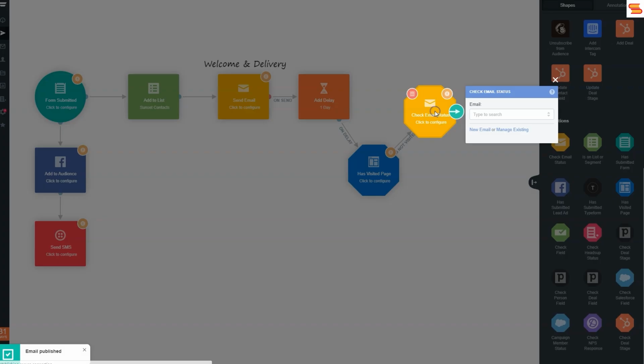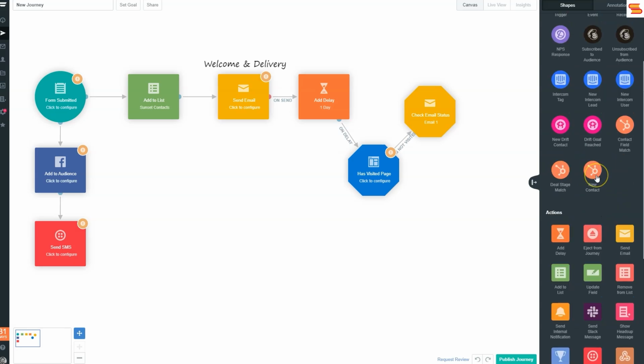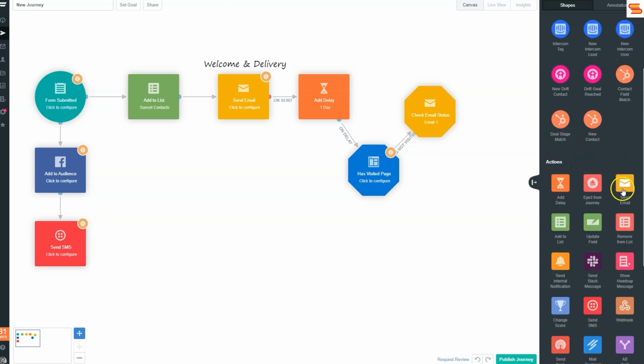Okay, so if they did not open email 1, which is over here, the welcome and delivery email, then we're going to want to resend that email, okay? Because that happens. Sometimes people don't check the welcome email or the delivery email that they just got right after they opted in for something. So you send it a little bit later. So in this case, if they have not opened,